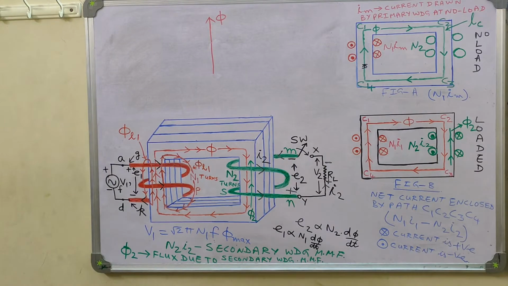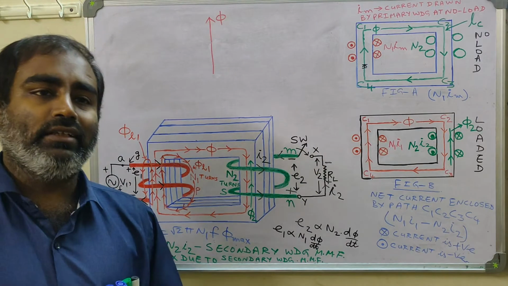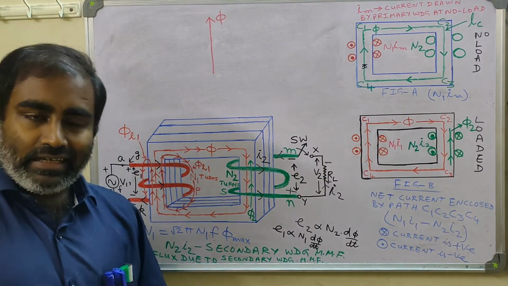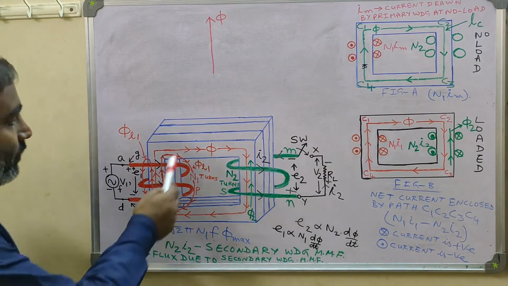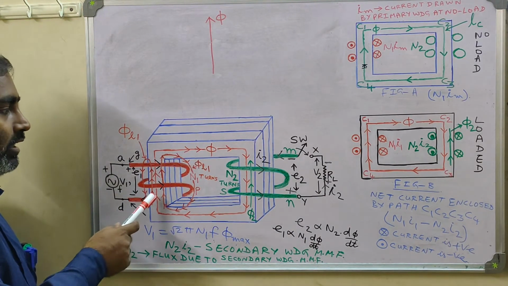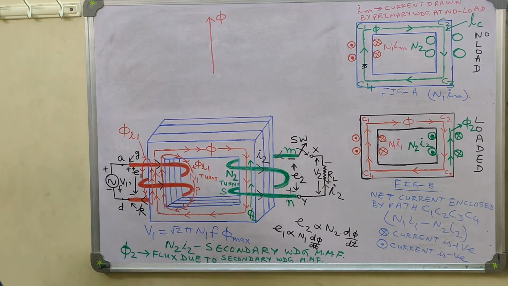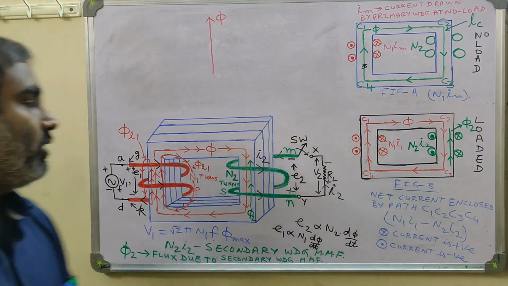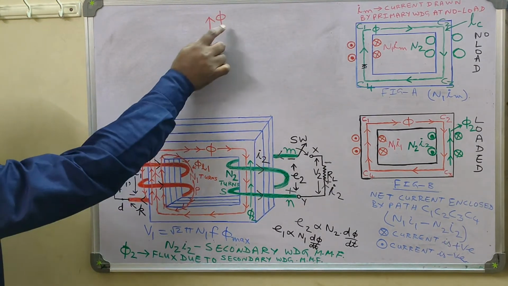Now why have I chosen the mutual flux phi as the reference phasor? Because the mutual flux phi is that physical quantity which is related to both the primary side as well as the secondary side. We can easily view here that the mutual flux phi is linking both the primary coil as well as the secondary coil. So mutual flux phi is that physical quantity which relates both the primary quantity and the secondary quantity. Okay, so this is our reference phasor, that is mutual flux phi.